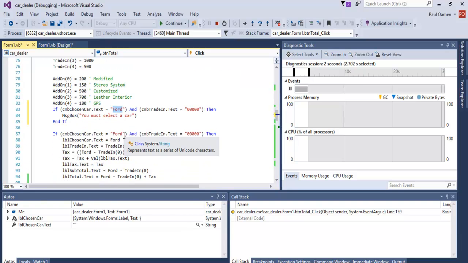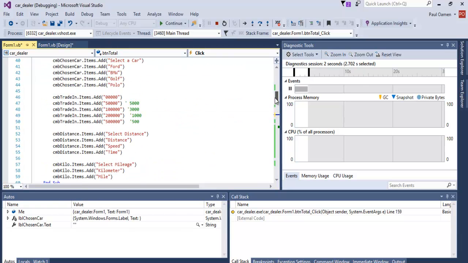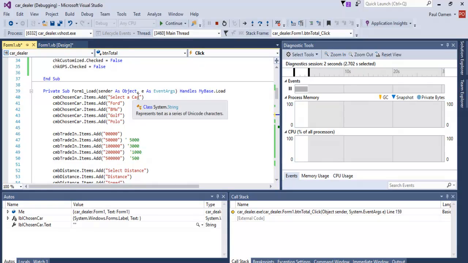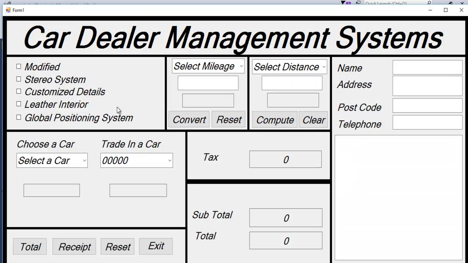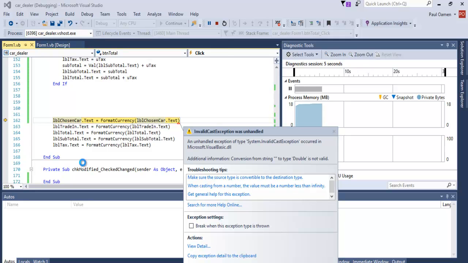So let's come into choose a car. Let's see what do I have in choose a car. Yeah, that is it. I'm gonna copy that and just paste that in here. I don't need and, it's just that alone. If there's nothing in there, then you must select a car. Okay, so let's run it and see. Okay, so I've selected nothing, that pops up. Okay, so if I select something now,